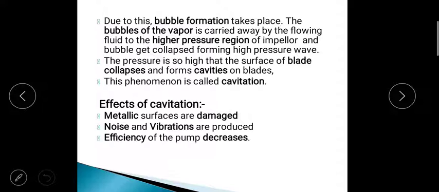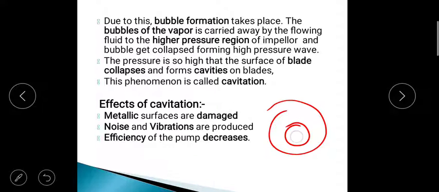Whenever you boil water, what happens? There is a formation of bubbles. So these bubbles, what will happen? They will be moving with the water through the suction pipe into the impeller. The impeller is at a high pressure zone. Why? It is covered with the casing, and there is an impeller. Okay, and this is a high pressure zone. It is creating a low pressure zone in the suction pipe, not in the impeller. So this impeller is a high pressure zone because it is throwing out the water continuously.